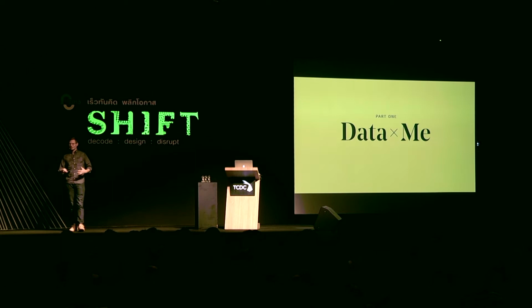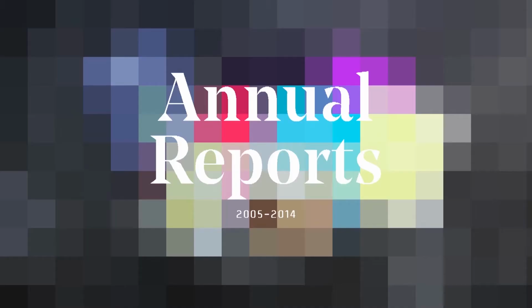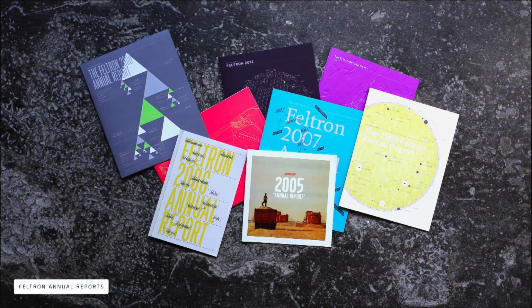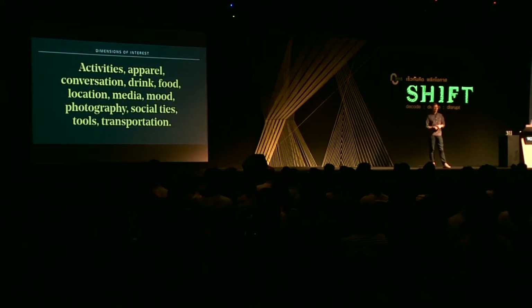So this first chapter, Data and Me, this is about this project I've been making for the past 10 years. I call these things personal annual reports, or more specifically, the Felton annual report. And these are these printed documents. They use statistics, they use maps, and they use charts to talk about what a year of my life looks like. And this is a project that I started sort of incidentally, but has come to encompass all these different